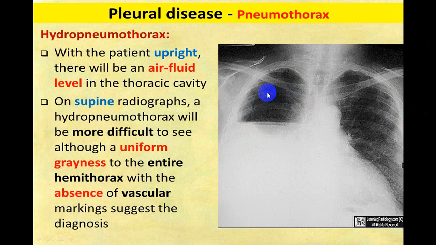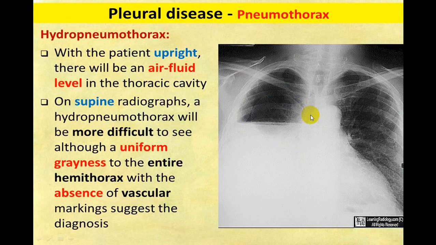Now in this, if you look properly here, this is the lung border. So this is the collapsed lung, and beyond this border, this is the air. So this is air plus fluid, hydropneumothorax. And whenever there is air plus fluid, in an erect posture it acquires a horizontal level, which will be extending from lateral to medial. So whenever you get such, this is hydropneumothorax, and this is a collapsed border of the right lung.